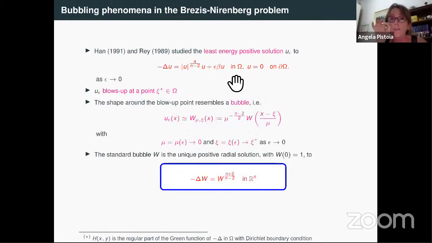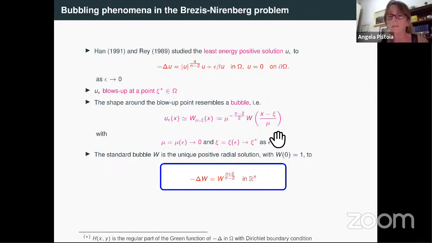And if you look at the shape of the solution around the blow-up point, the solution looks like a bubble. What is the bubble in this case? It is the solution to the critical problem in the whole space R^n. Okay, so we take the radial solution to this problem, we translate in this way the maximum, and then we scale it in this way, and what we get is again a solution to this problem, and this is the shape of